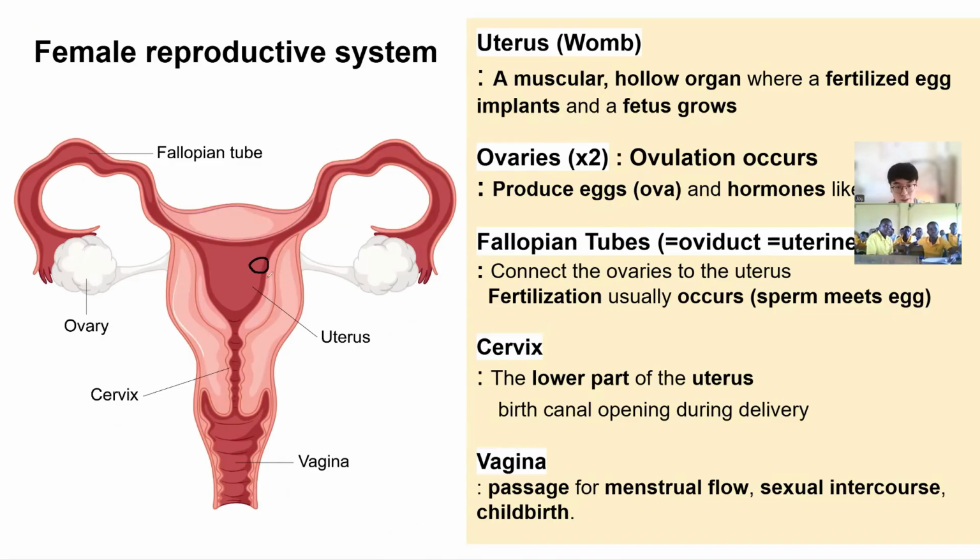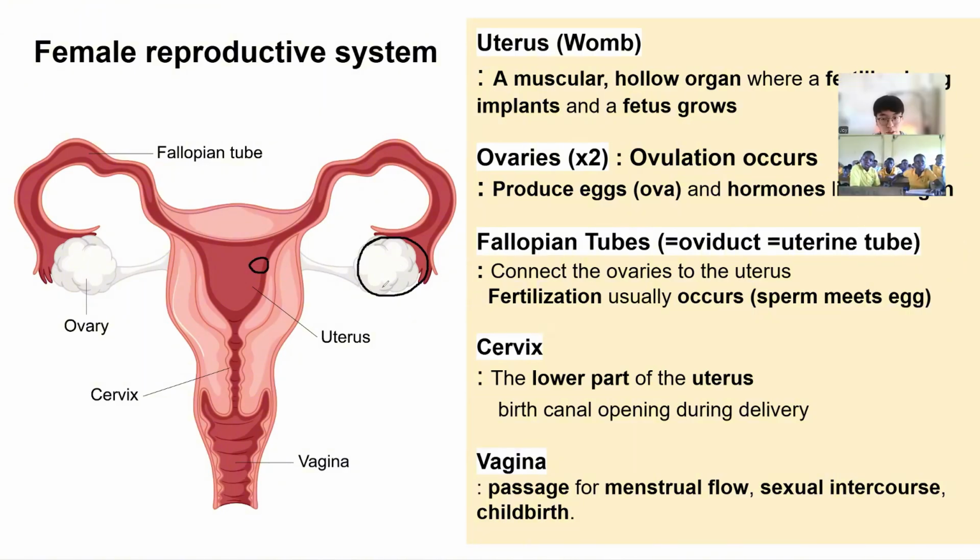And this is the place where the fetus grows. And the ovaries is where the eggs are produced. Ovaries are where the eggs are produced. And also estrogens are produced. So egg plus hormones are produced here